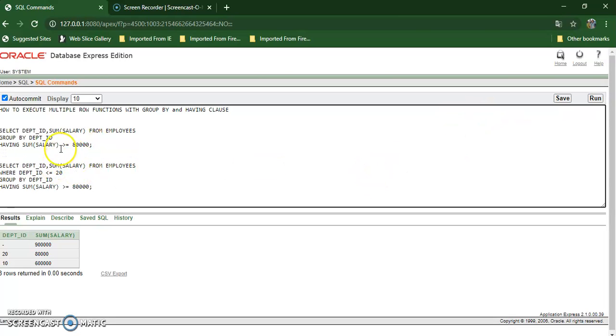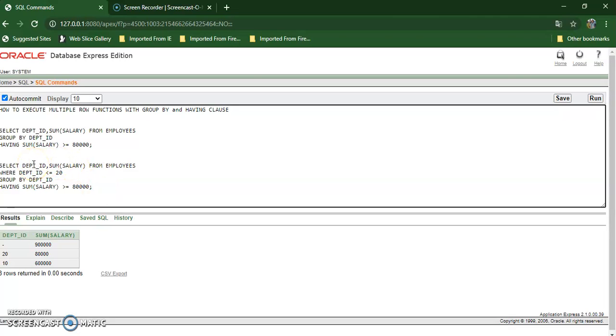You can see, select department ID, sum of salary, which we want to retrieve from the employees table, but the condition is: where department ID is less than or equal to 20, then only we are going to calculate the sum of salary, based on the grouping of the department ID column, as well as if the sum of salary is more than or equal to 80,000, then only the result is displayed.